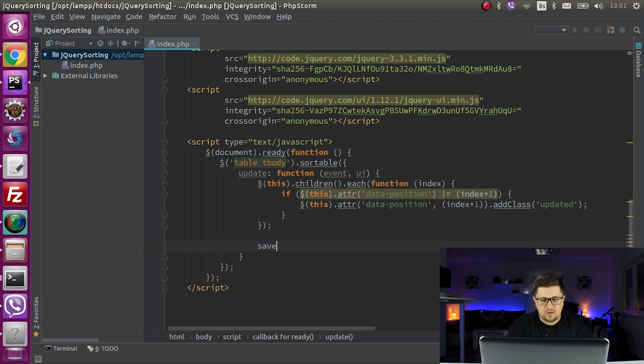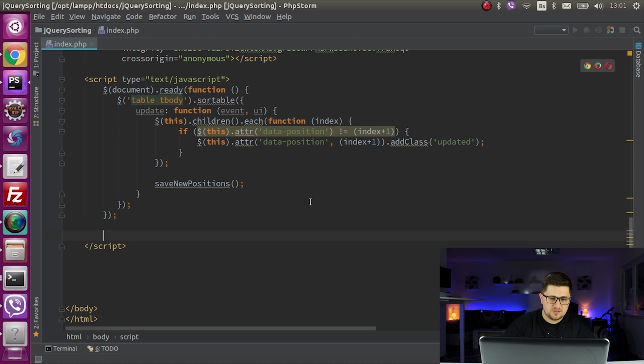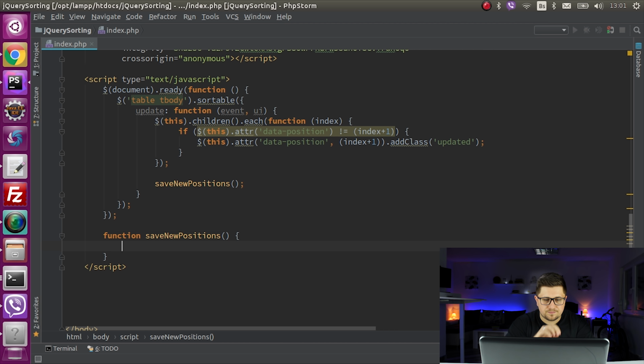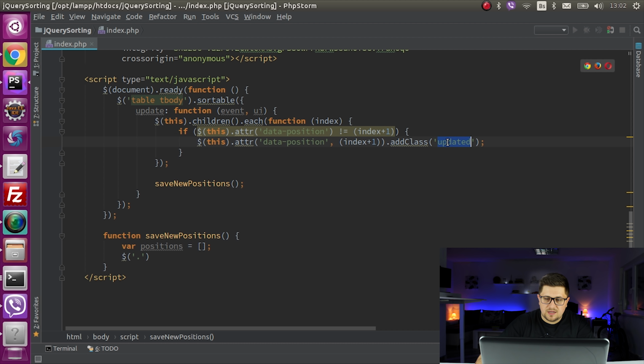So let's say we will have one function, save new positions, and then here I will write it. So I'll say here function save new positions. Let's say we'll have one variable, positions, equal to an array, and then I want us to go through all the class updated